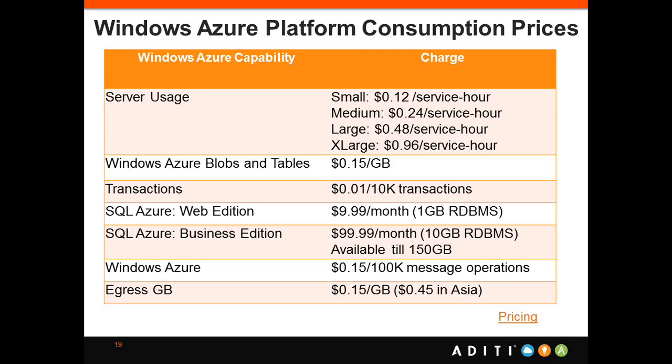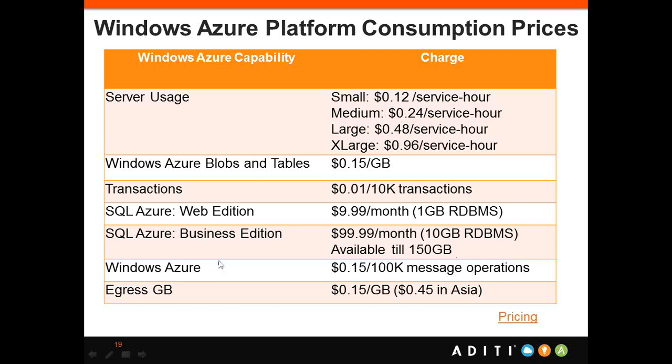So very inexpensive. SQL Azure has multiple editions available. It starts from 1 GB to 150 GB, so it's a kind of SKUs in terms of GB. If I say I want to use 1 GB, I have to pay around $10 per month. If I go to 10 GB, then around $99, irrespective of whether I consume 10 GB or not. But in Windows Azure Storage, I have to pay only for my consumption. So I don't go by a specific limit upfront.